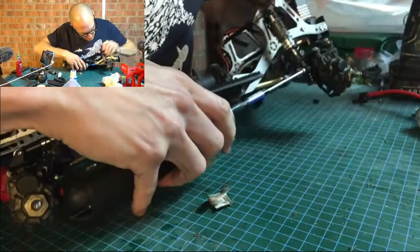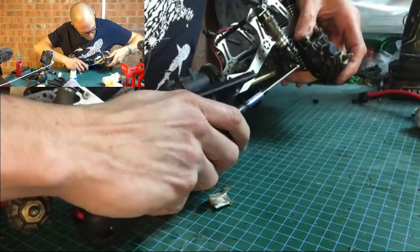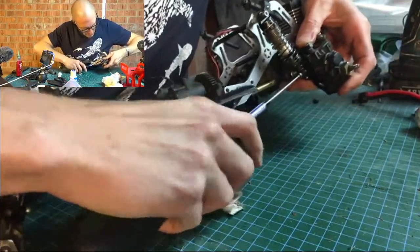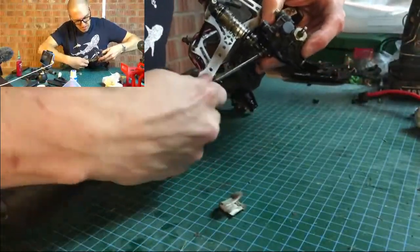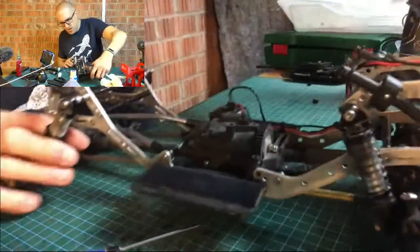That's mostly because I have absolutely slammed this front end, and there's probably no reason to go any lower. If I go lower, I'm just going to lose shock travel. So, yeah,